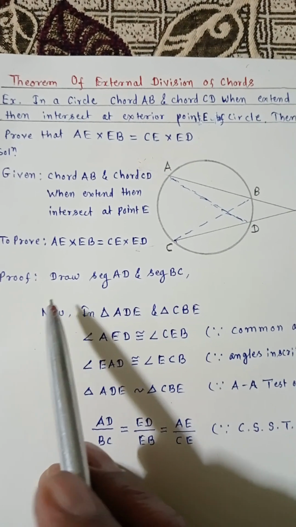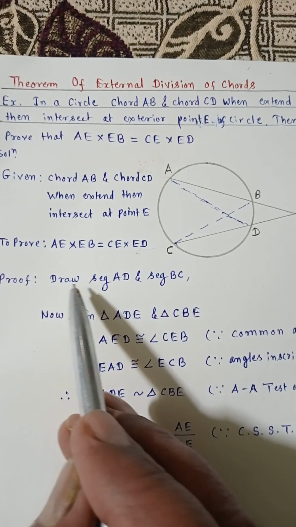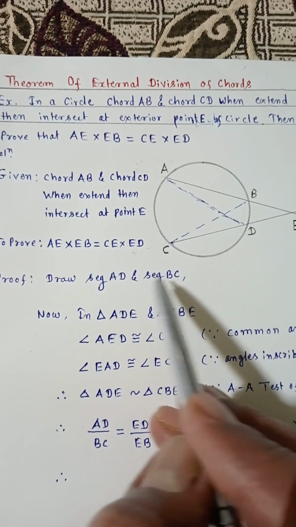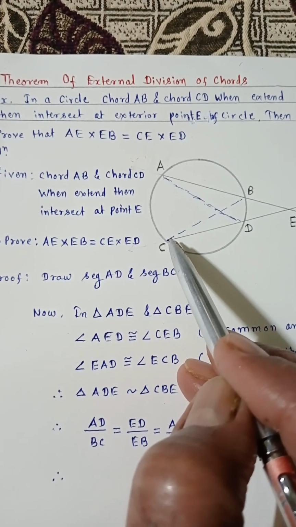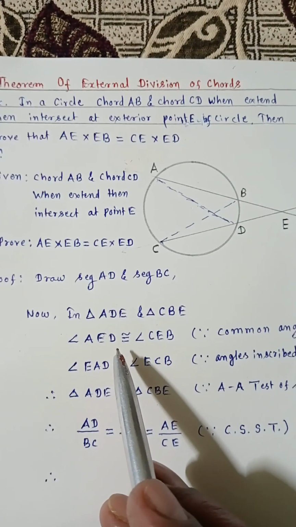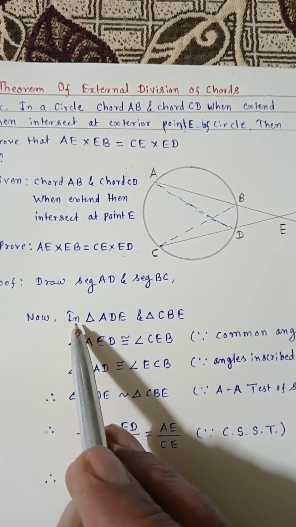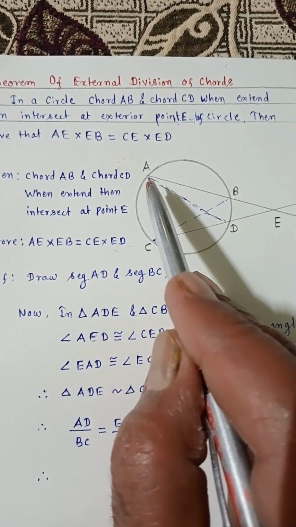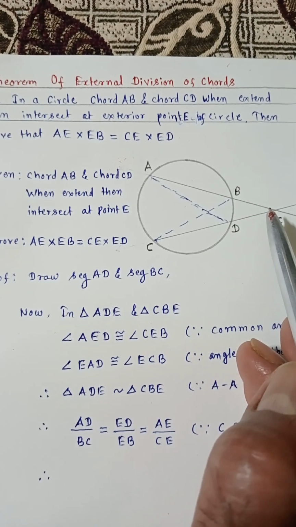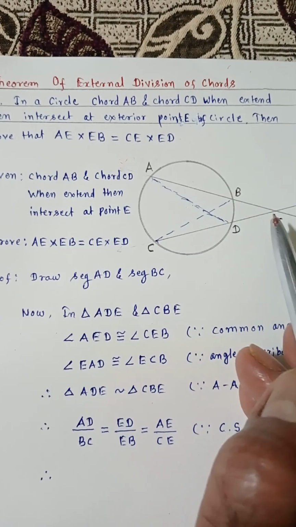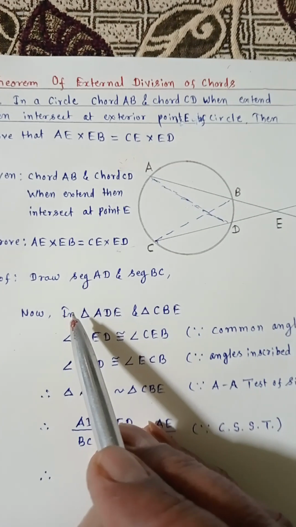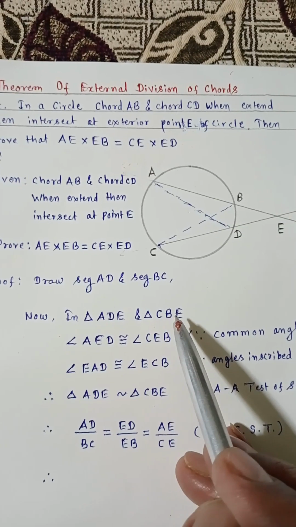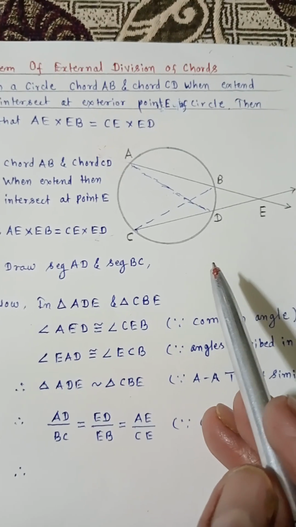Proof. First, draw segment AD and segment BC. We have to draw these two segments. Now, we obtained two triangles, triangle ADE and triangle CBE. In triangle ADE and triangle CBE, in these two triangles,